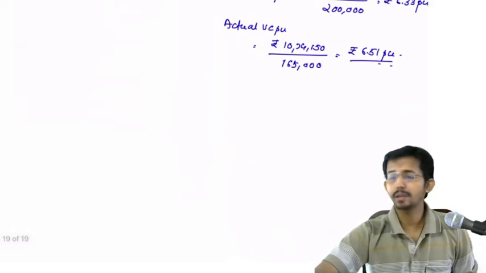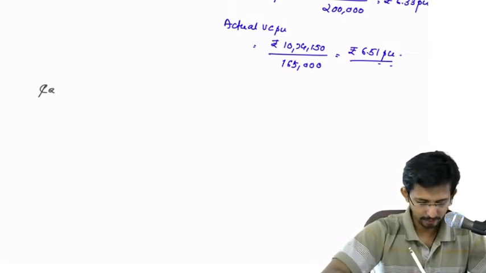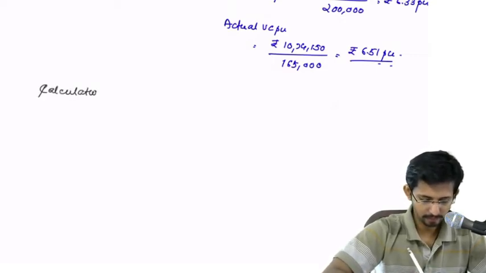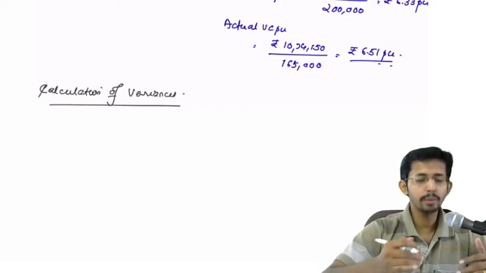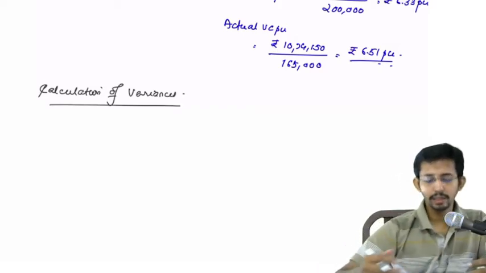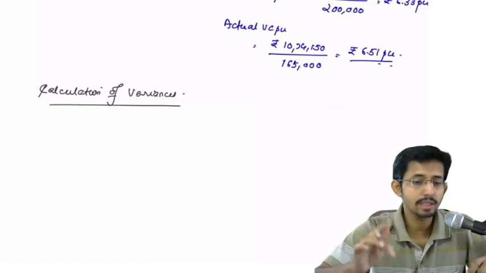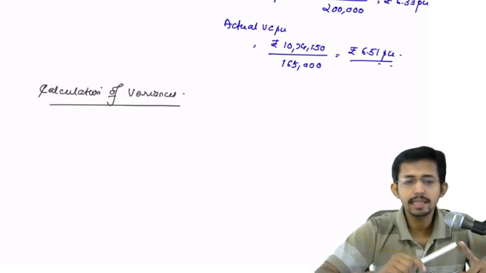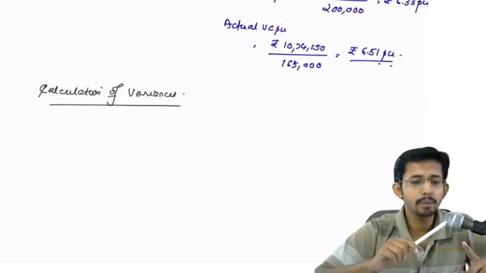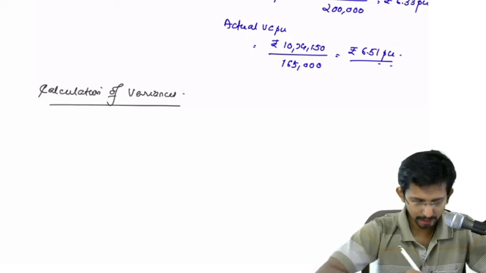Now what do you have to do? You have to compute the variances one by one. So you can write the heading, calculation of variances. We need to compute the marginal cost variances only. Standard marginal costing is what we are going to apply here. Here you have market size and market share information, so you can compute market size variance and market share variance. First you can start with